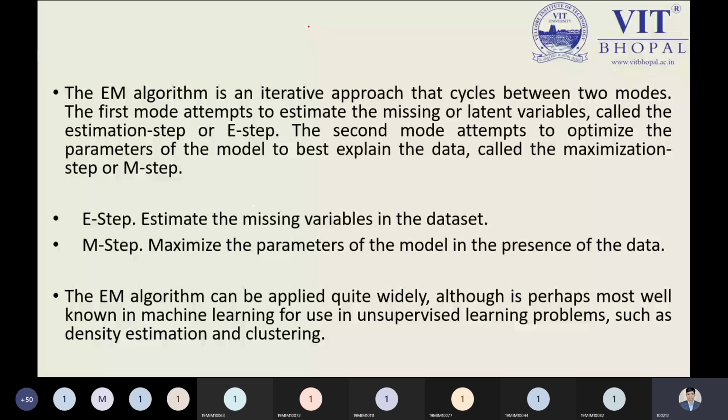During this period, we need to keep in mind what features we are choosing for maximization, and that maximum likelihood should be followed. And if we're talking about the M step, in this step we need to maximize the parameters of the model to represent the data. So from this point, what features you have selected, and whether those features are giving you a better result, then you can say we have done the maximization of the parameters, maximizing the features.